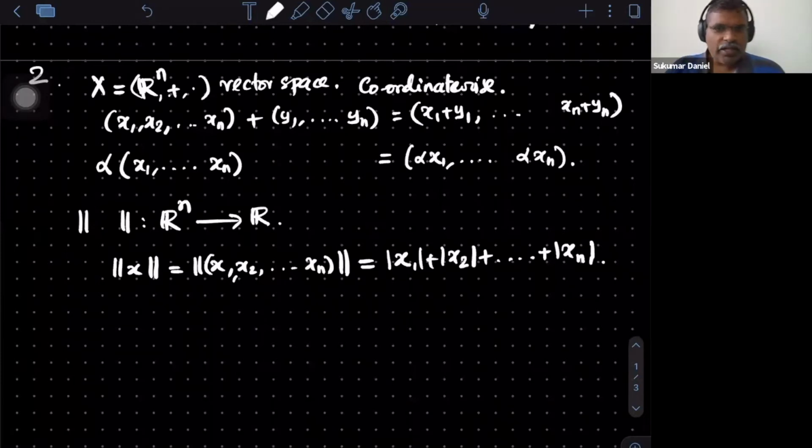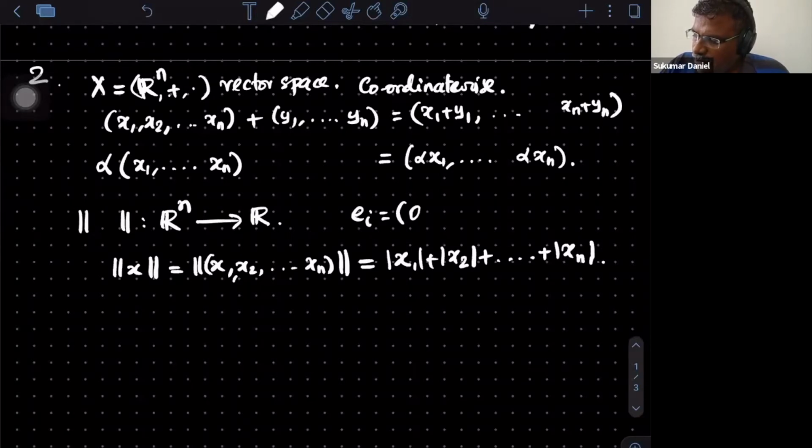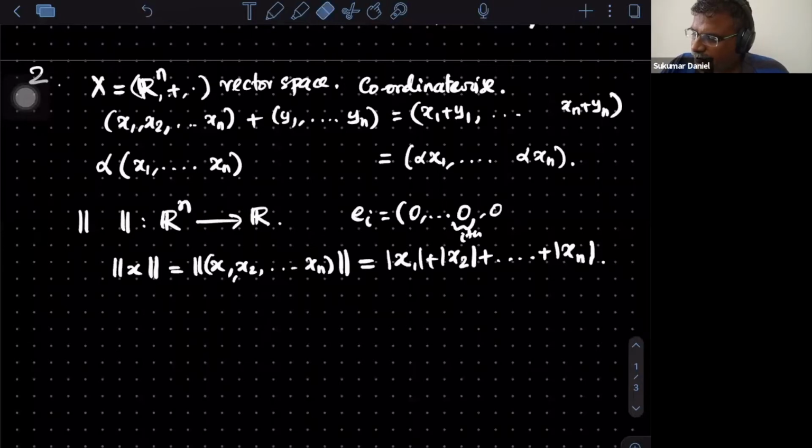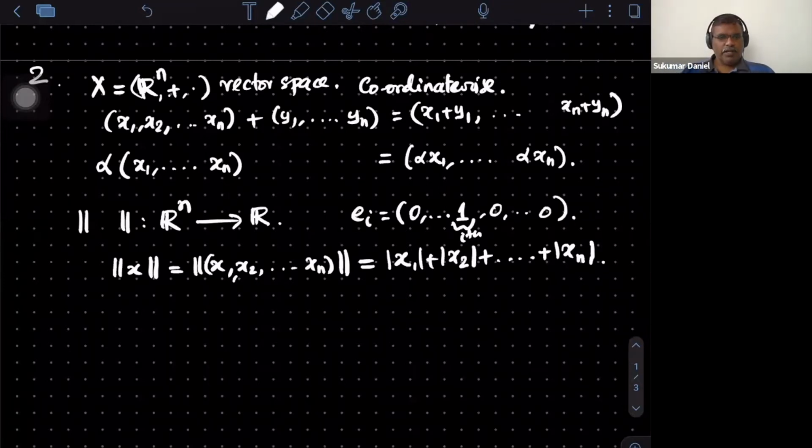I hope all of you got the norm to be just 1. So what is E_i? It is a vector with 1 at the ith place and the remaining places are 0. So E1 means the first coordinate is 1 and the remaining coordinates are 0. These are called standard bases, again you might have done. So for all of them the norm is actually 1.